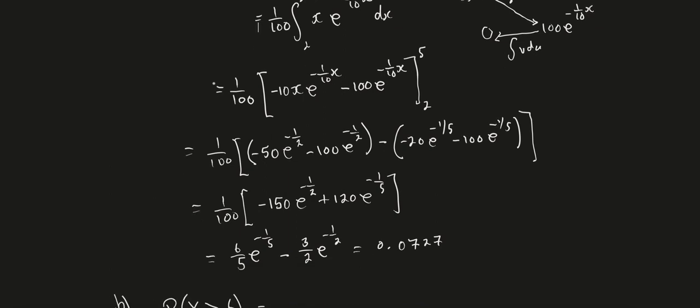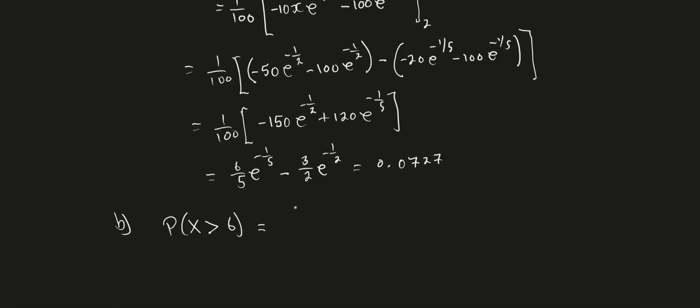So we would have this from 6 to infinity, and then we would integrate the function 1/100 x e to the negative 1/10 x dx. And if we keep it like this, we would have to treat it as an improper integral. So we would first do from 6 to b, and we've already done the part, so at least we have the